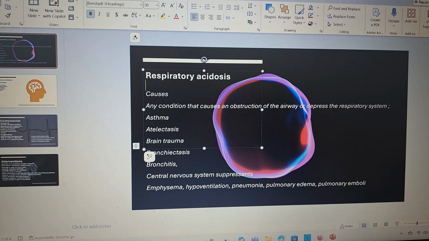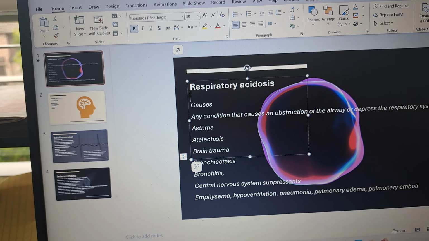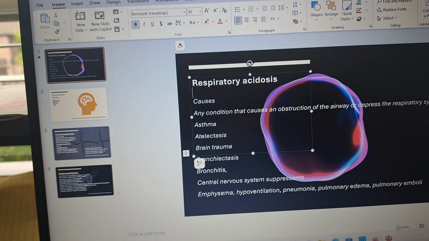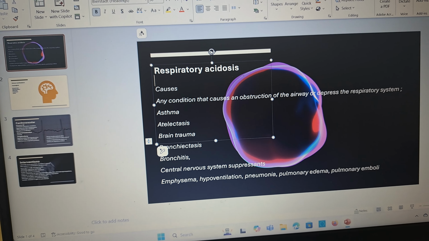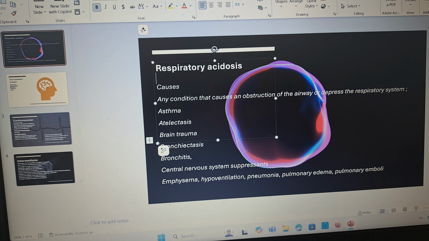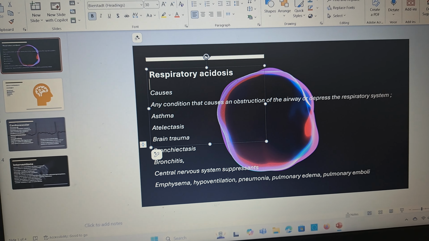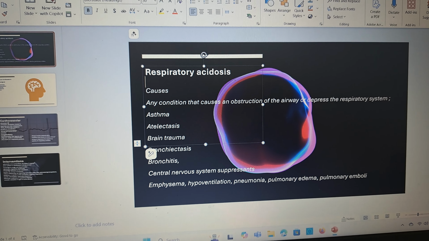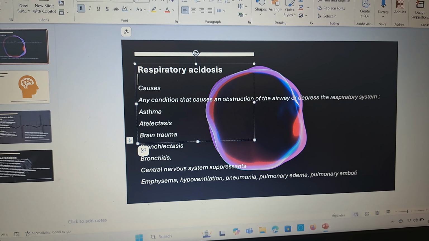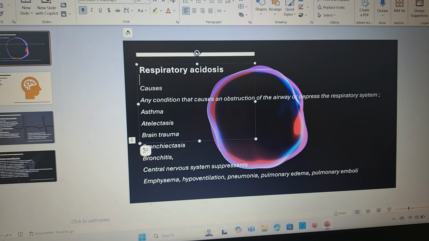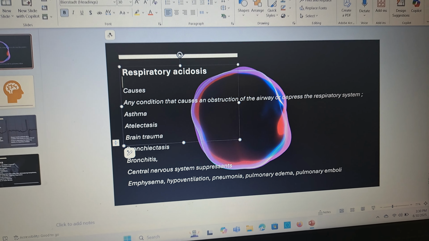Then pneumonia. In pneumonia, there is an infectious process in the lungs. There is excess mucus production and lung congestion that causes airway obstruction, which results in inadequate gas exchange. Pulmonary edema. In pulmonary edema, there is fluid accumulation in the pulmonary tissue. So there is disturbance in the diffusion and perfusion. Then the last one is pulmonary emboli. The emboli can cause constriction of the pulmonary artery, or obstruct the airway also,